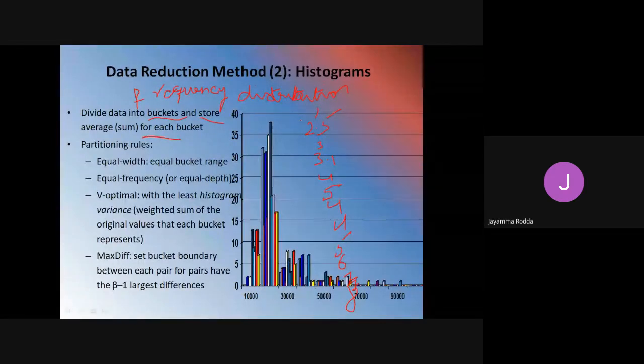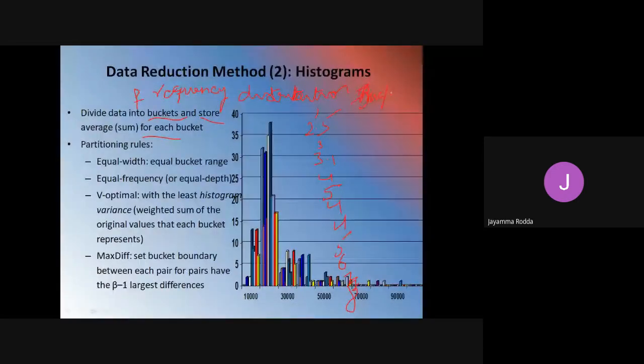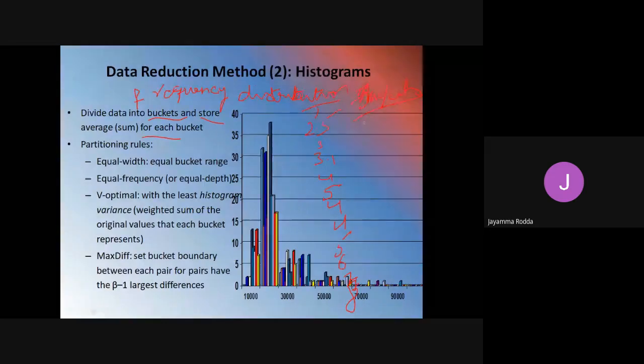Now I have to divide them into buckets. I am telling bucket ranges. So how will I divide these buckets? These are the list of values that have been given. Then what will I say? 1, 2, 3.1 will be one bucket.